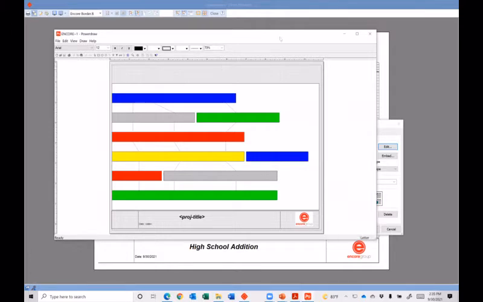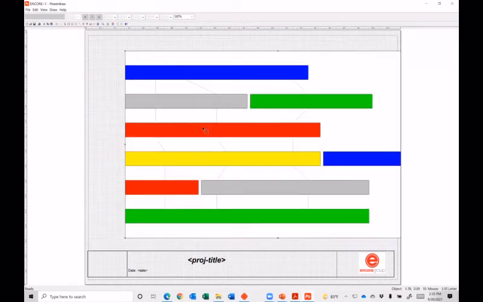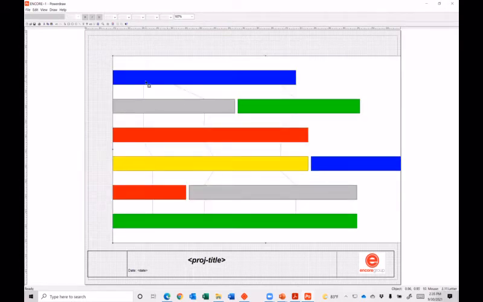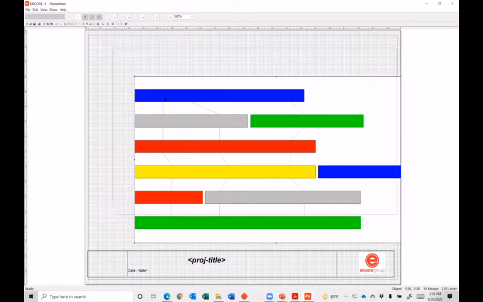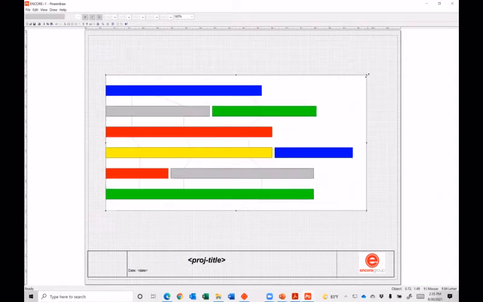Okay, so here is my border file. Let me open that up. This is the actual border file. And notice I've got a little bar chart area that I can move around. That is the area where my print is going to be on my page. The schedule itself is going to fit in that window. If I close that, you can see my logos right here. I've got my project title there. If I save this,